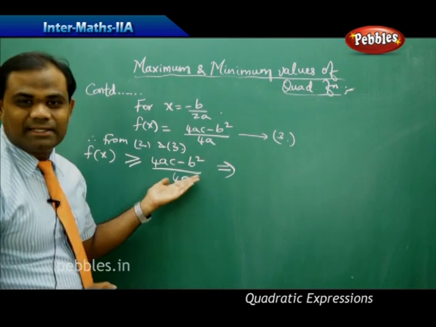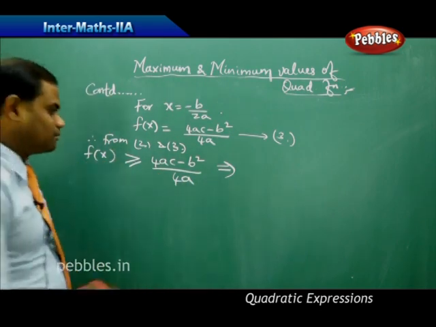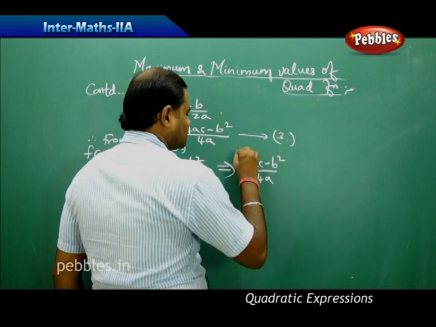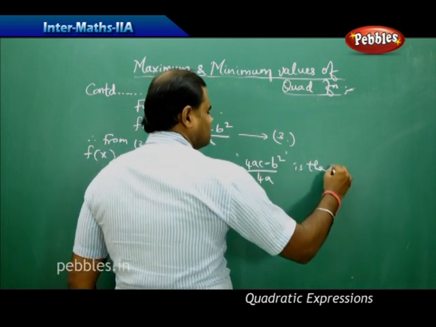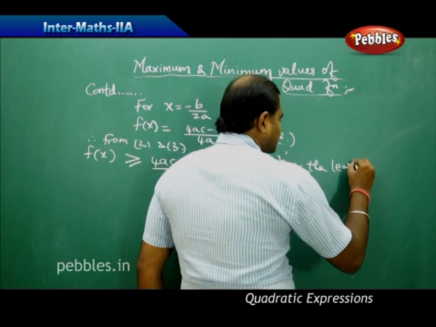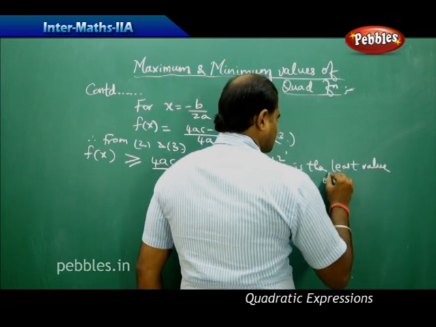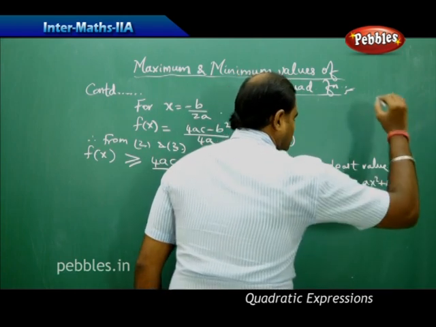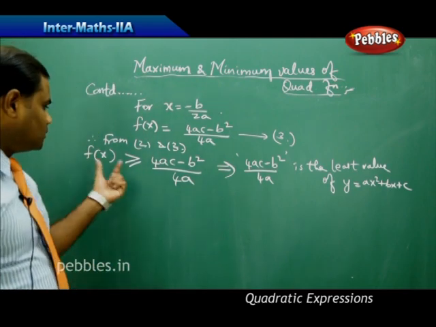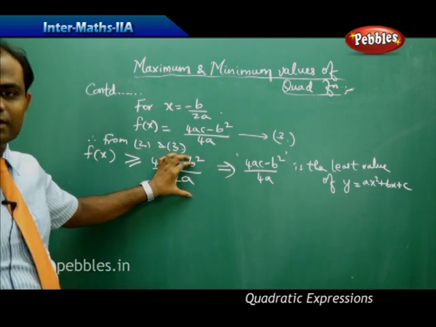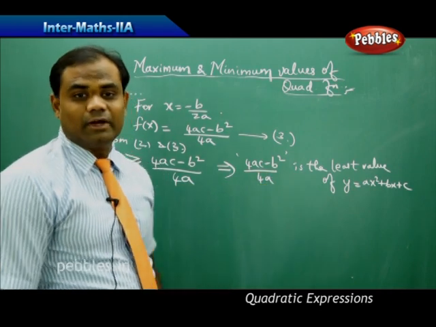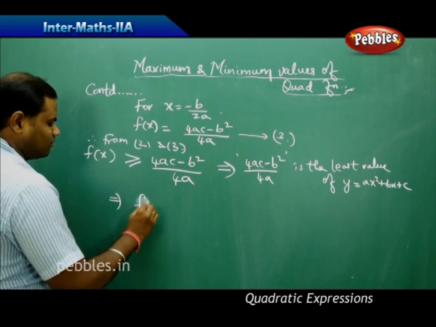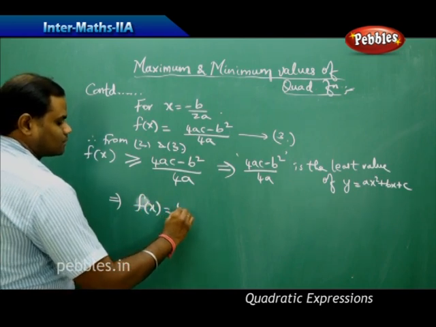That means this acts as the least value for the function f of x. That implies (4ac minus b squared) by 4a is the least value of the quadratic function ax squared plus bx plus c. Every other value is greater than or equal to this. This is the least, and hence this is the minimum value, which proves that